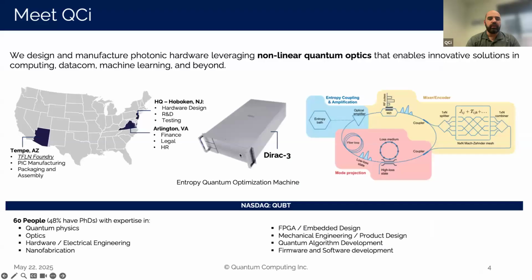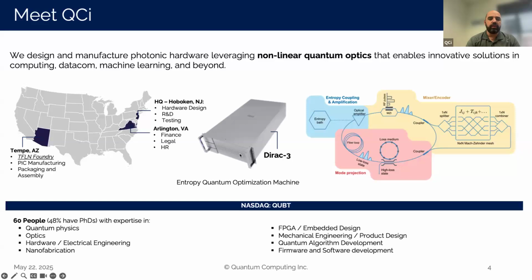So who is QCI? QCI, the glue that holds the company together is nonlinear optics and nonlinear integrated photonics. At the moment, we have 2 primary sites. The first is the company headquarters in Hoboken, New Jersey, and that is where our hardware design, R&D, and testing